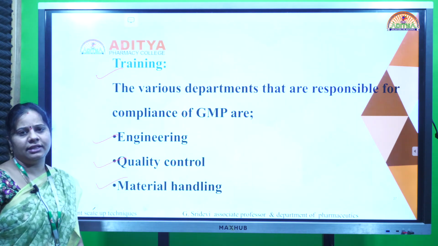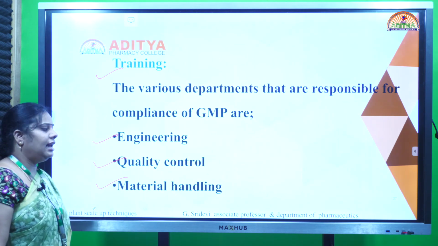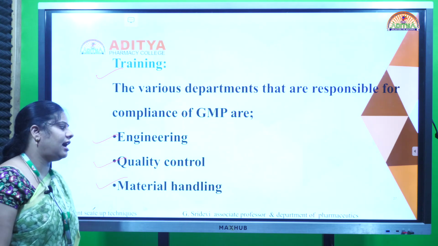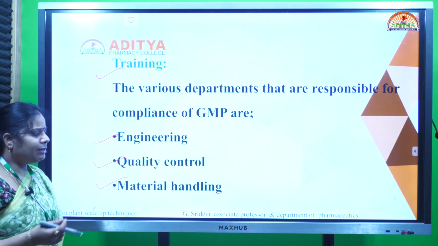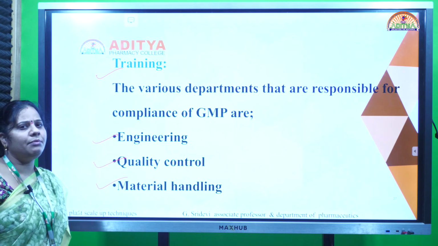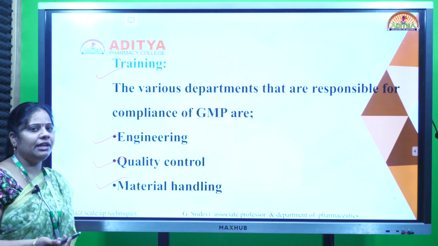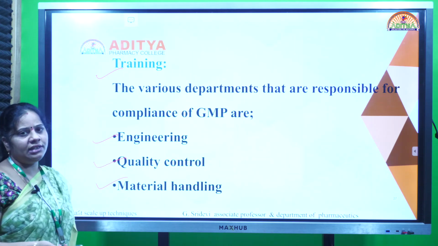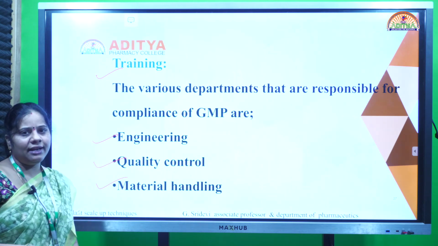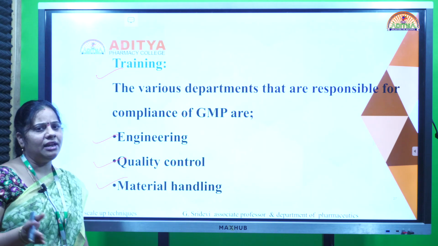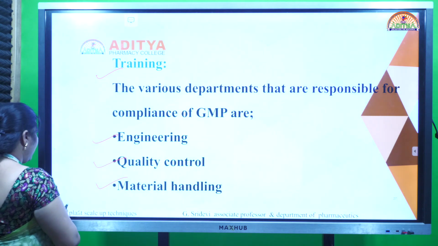Quality control means analyzing of the samples, how they take the samples and how they analyze them using different techniques, which they study here. And material handling means how the materials have to be handled during the production process or during the sampling techniques. Why? Because some materials are hygroscopic in nature, some are deliquescent in nature, some are very sensitive materials, or heat labile materials. They have to have the proper knowledge of how to handle each material, and according to that they take the training.